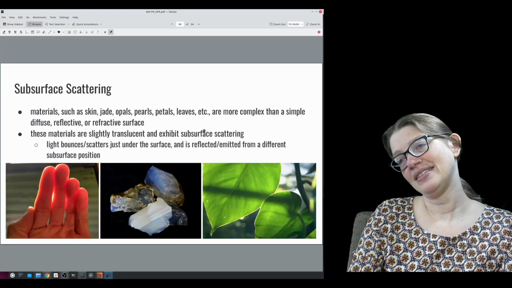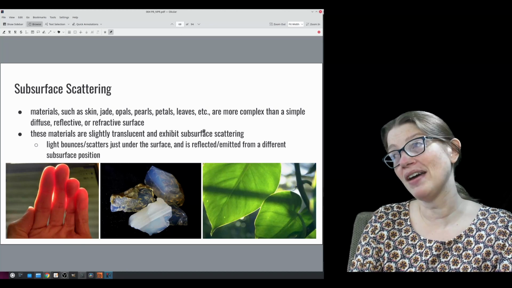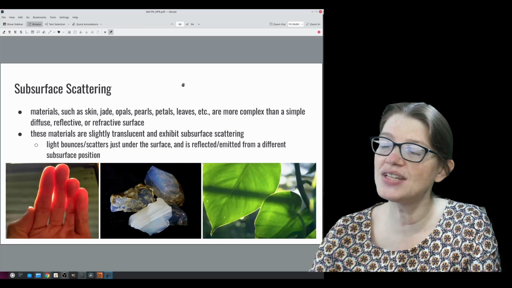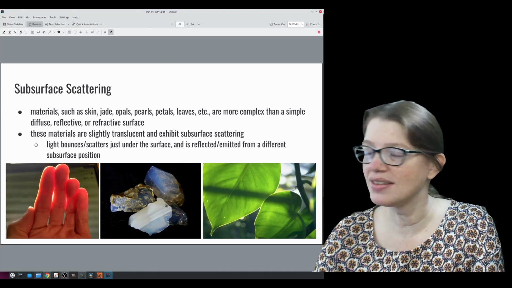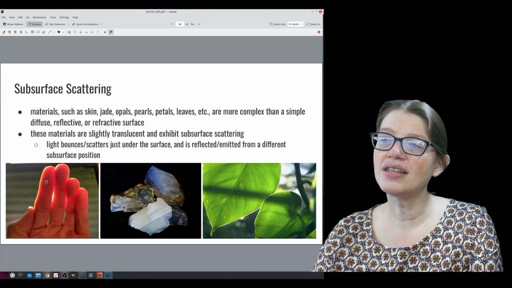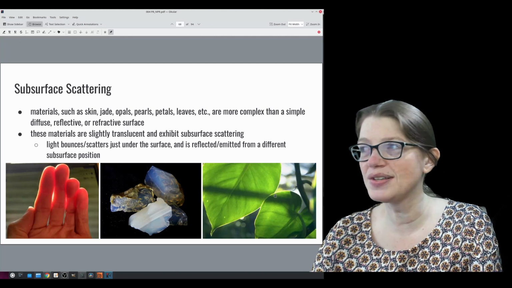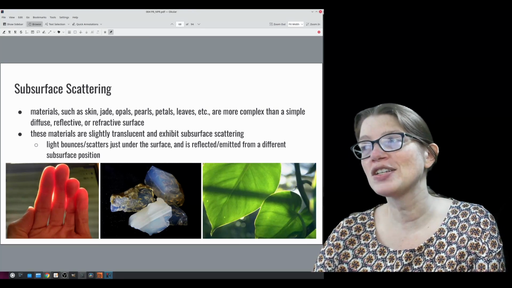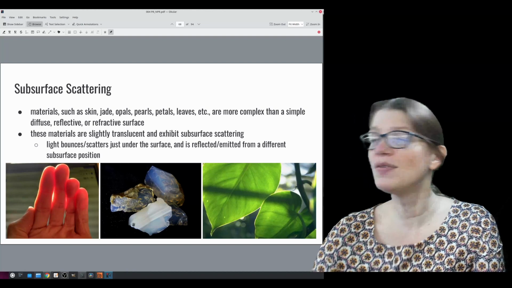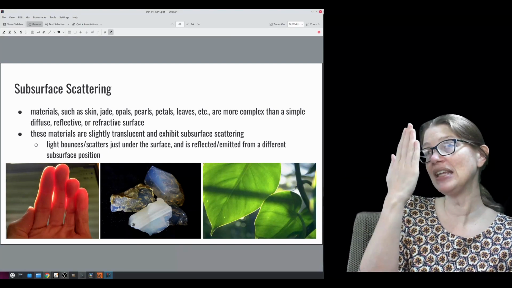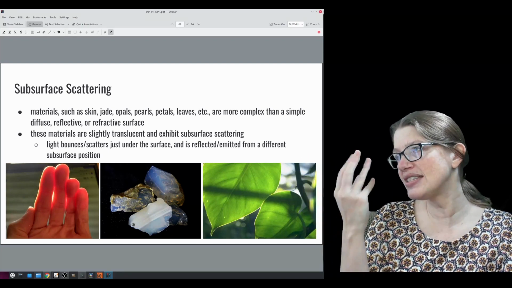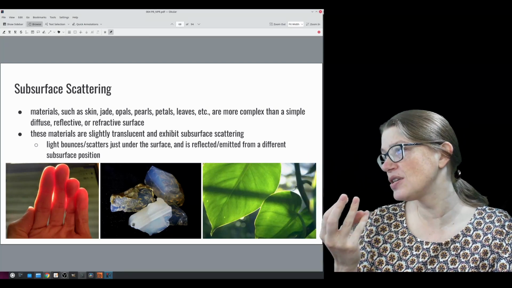All right. Still so many effects that we are not doing. Another one is subsurface scattering. I've borrowed some pictures, I think these were all from Wikipedia, of various different materials that exhibit subsurface scattering. Your skin is actually one of the key things that does it. If you hold your hand up to a bright light, even my LED lights here, I can actually see the redness, the subsurface scattering